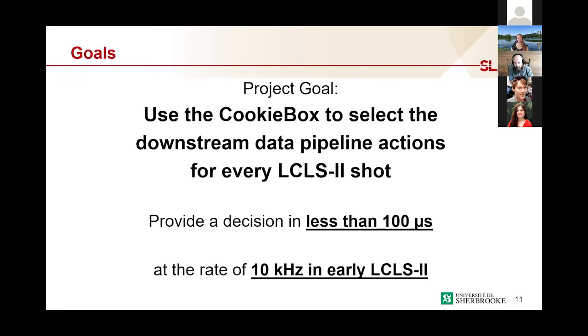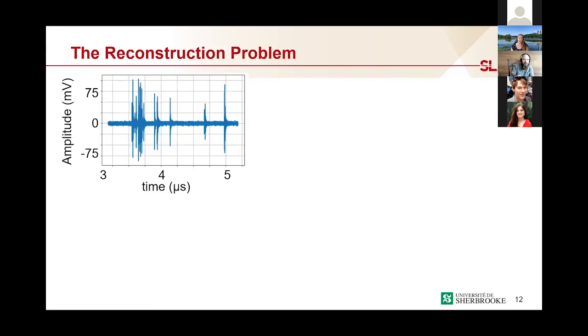So we're not transferring raw data, we're transferring physically meaningful data. And again, in the early days of LCLS-II, that's going to be at 10 to 30 kilohertz. So we need to get our job done in less than 100 microseconds. That's sort of the goal that we set for ourselves. And so the concept for addressing this goal is the waveforms for each of these 16 detectors around the circle are fairly complicated, but really they just evaluate